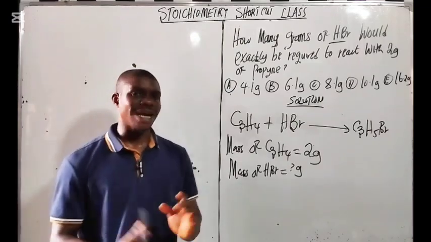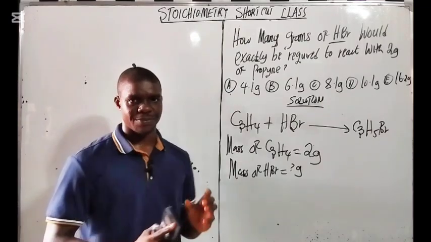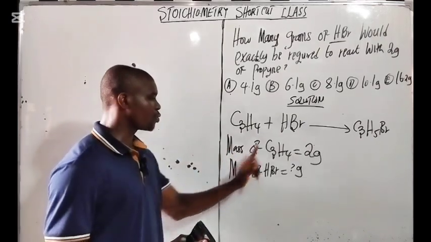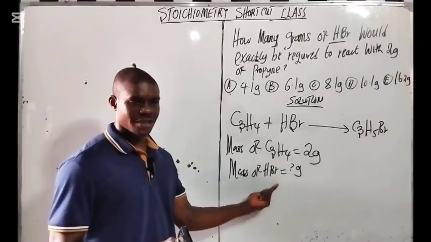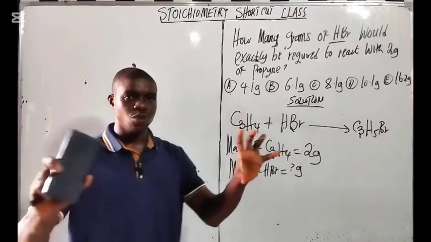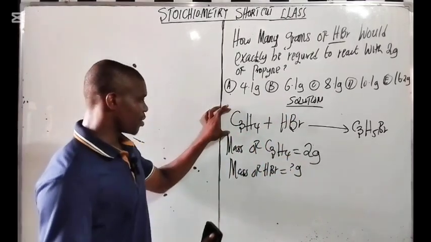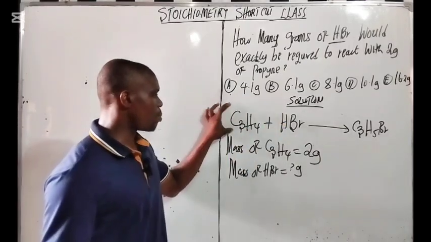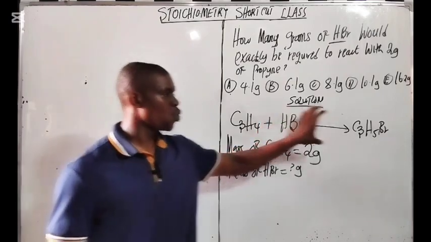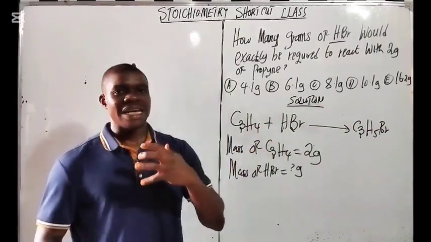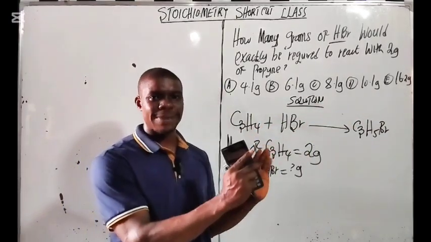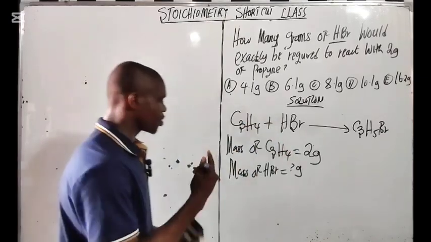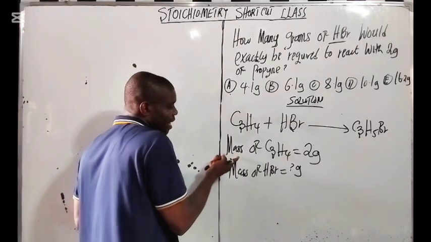Now, if you look at it very well, it's a mass to mass relationship. It's a stoichiometric calculation here, because we have two different species, and you have to know their relationship. How does this relate to this? In moles, here we have 1 mole, here we have 1 mole. That's 1 mole of this reacting with 1 mole of this to produce 1 mole of this. Do you understand? You can relate them in moles, and you can also relate them in mass. So now, because they give us the mass of this one here,